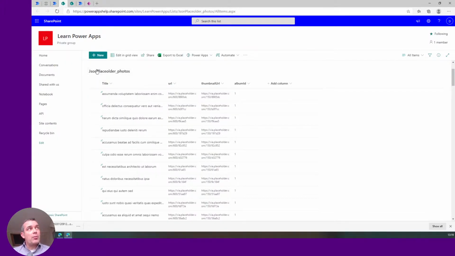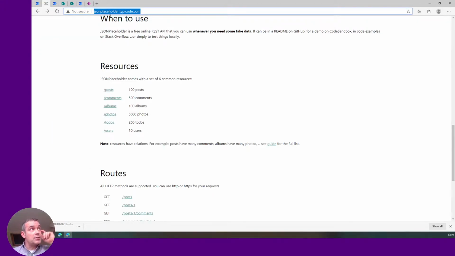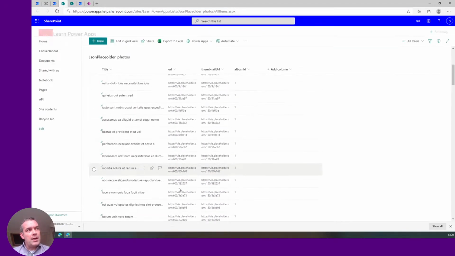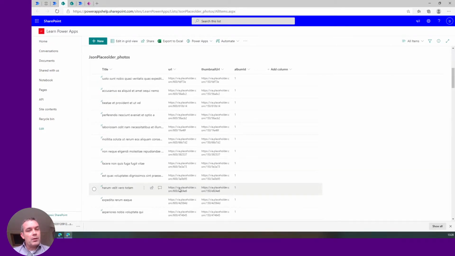So here, for example, I have the photos from the JSON placeholder fake API, which I use. I'm going to use this API to show you another way to do these kinds of things. And then I put this data in my list. And then we run into another problem when we want to use this in Power Apps: that limitation of 500 to a maximum of 2000 records we can pull into Power Apps,